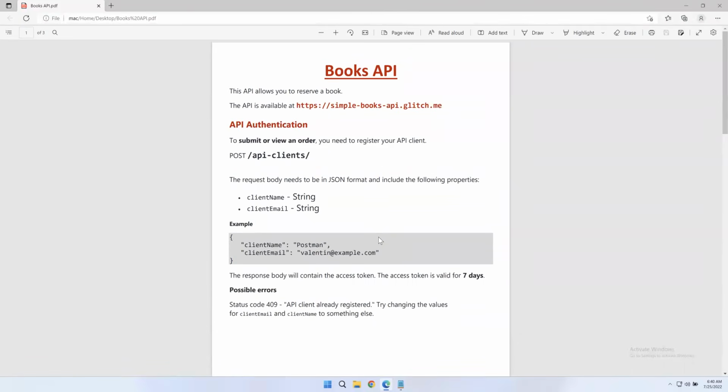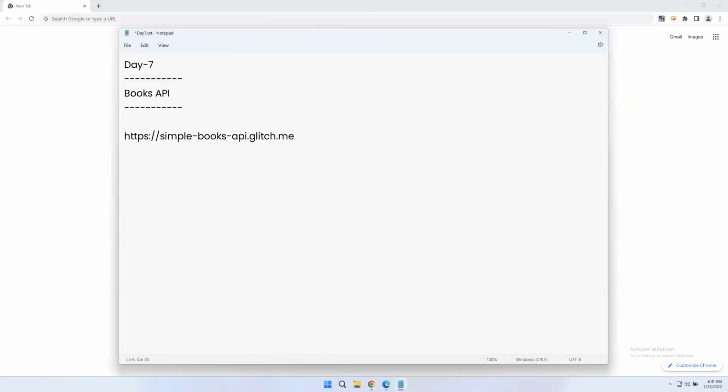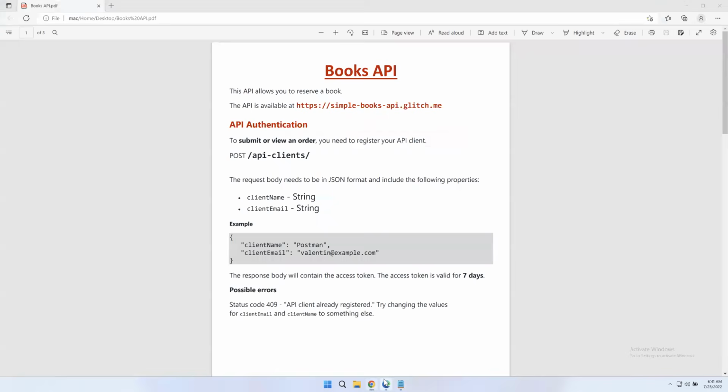Okay, so this is the documentation of this books API. I think someone is on that particular page. Okay, let me open it. Just a second. Actually, that's not the one. Okay, that is a request type actually, but it's not a website. So let me just go to the document first, and then we will see how we can use these